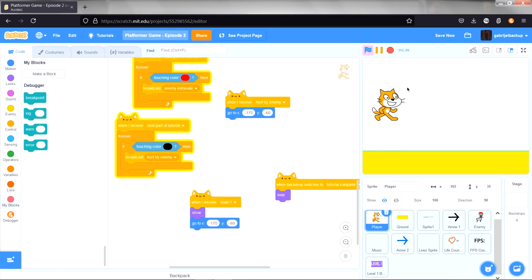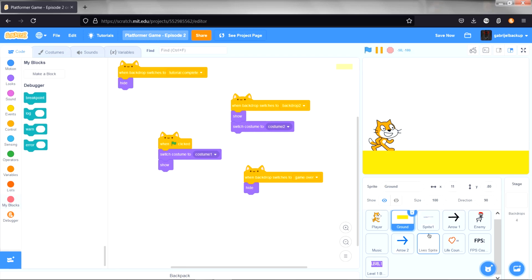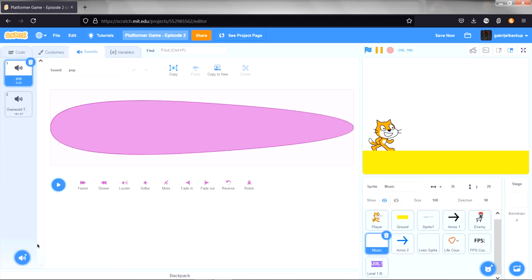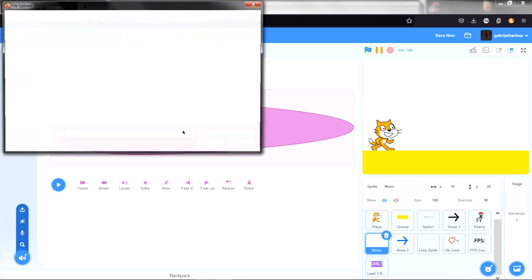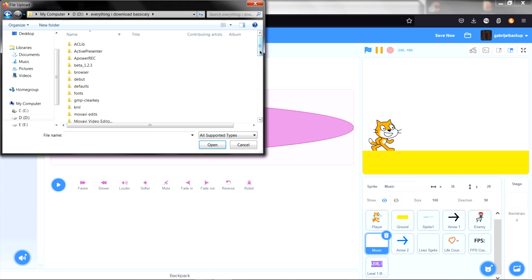And cool. That works perfectly. That works really nicely, but we just need to change the color of this outline to the yellow. And we also need some desert-like music, so we're going to go back into the music sprite and upload another sound